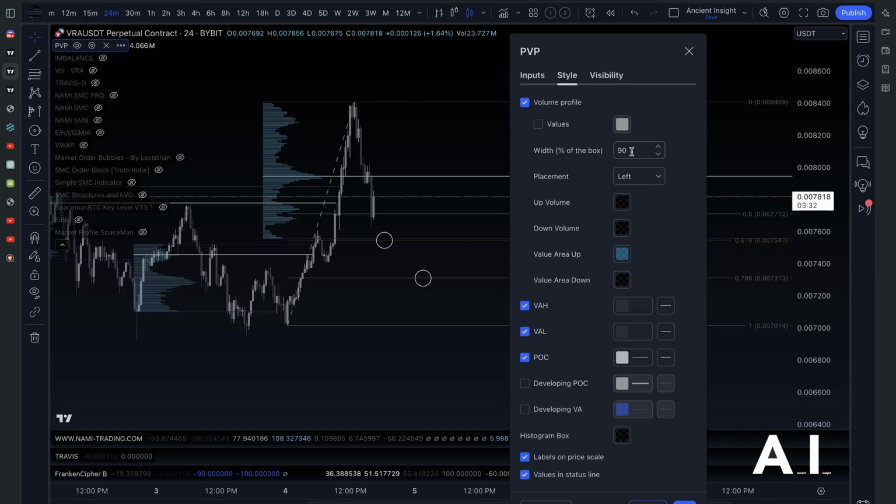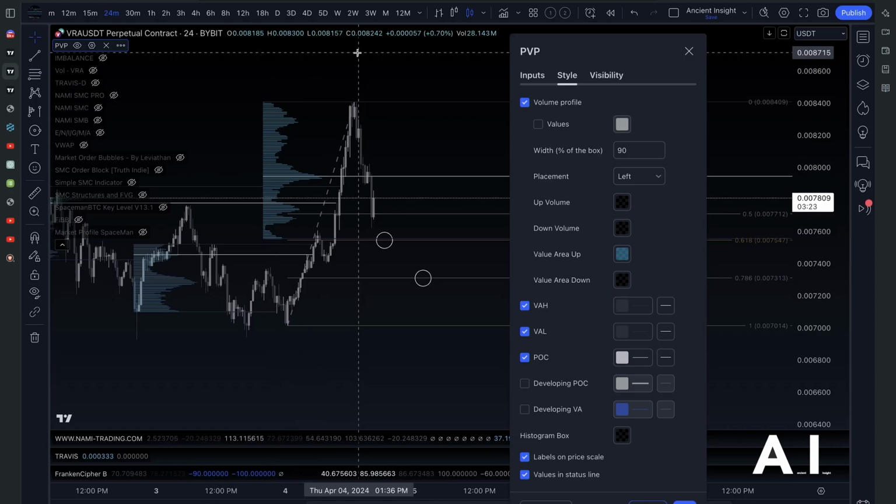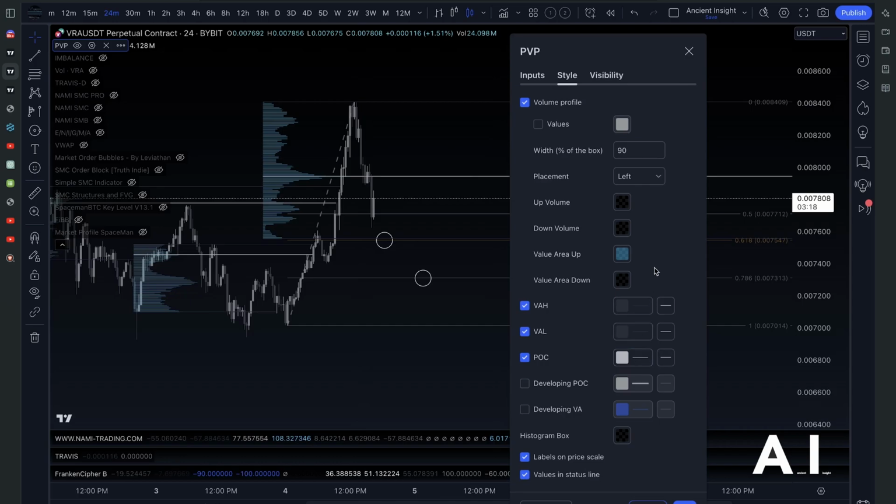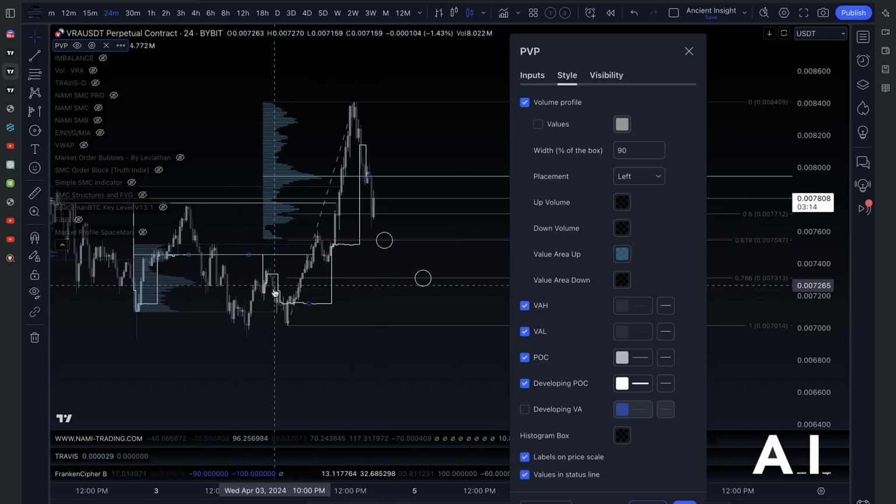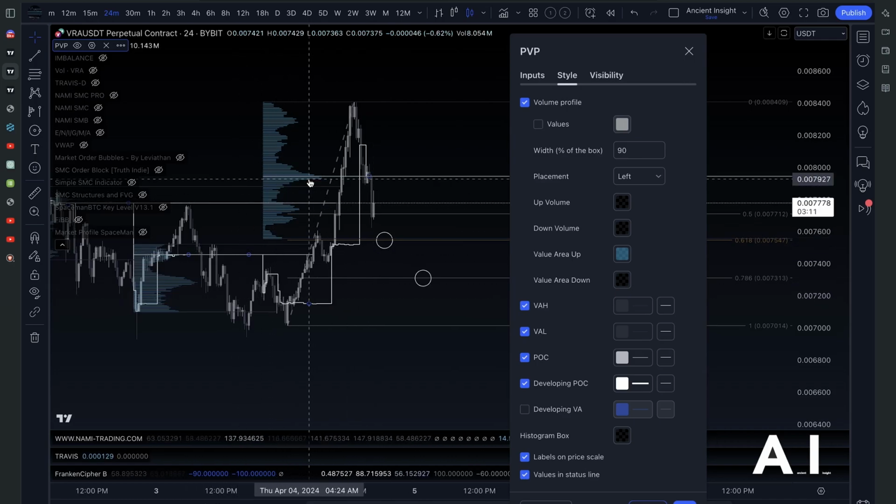You can change this. It doesn't really matter. The point is you need to see some form of mountain region, valleys, this kind of thing here, just to get some idea of what's going on. The point of control is one of the main things. And developing point of control is so you can see how it was developing. It's important to note that